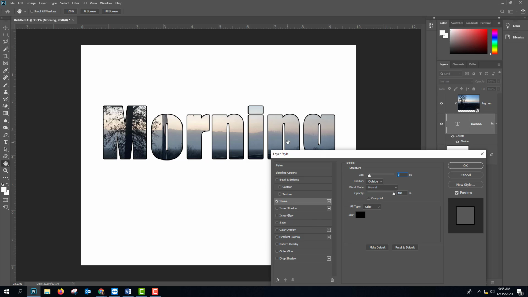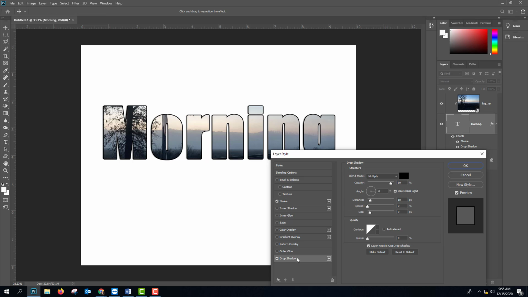I could change it to whatever kind of color, and this is something I can edit later on, so I'm just going to hit OK. Maybe I'll put a little drop shadow. If I click on this, remember nothing seems to happen, but if I click on the word drop shadow, then it brings up that menu specific to it, and you can see now as I move the distance that I'm